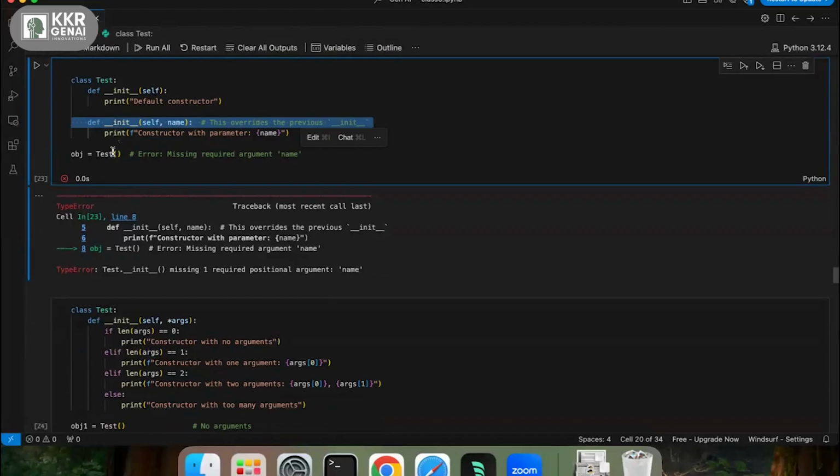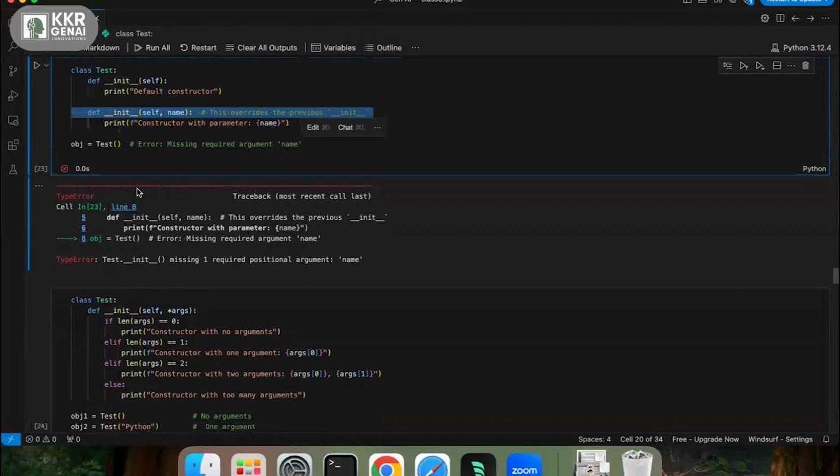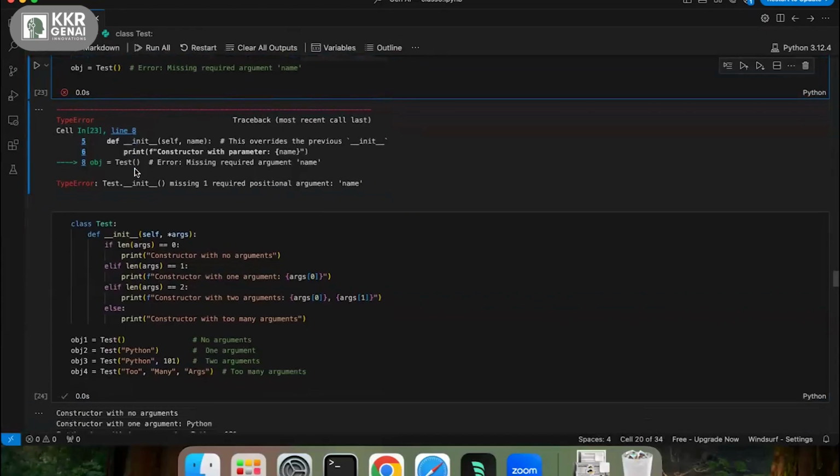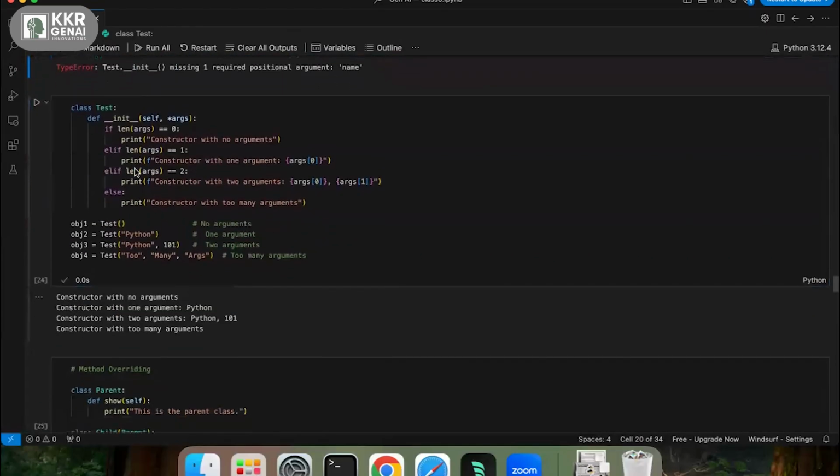If I call the first method, I'll definitely get an error saying that it wants an argument. And then if you want to implement constructor overloading, how can I do that? I can check the length of args. If the length of args is 0, I will have